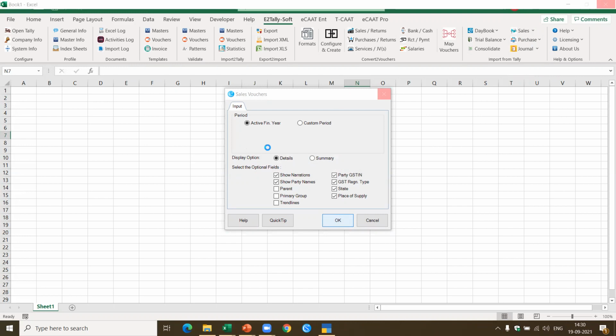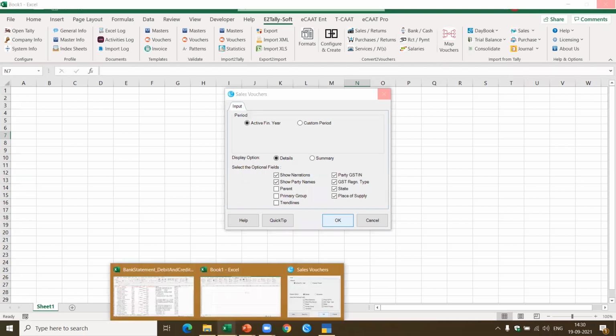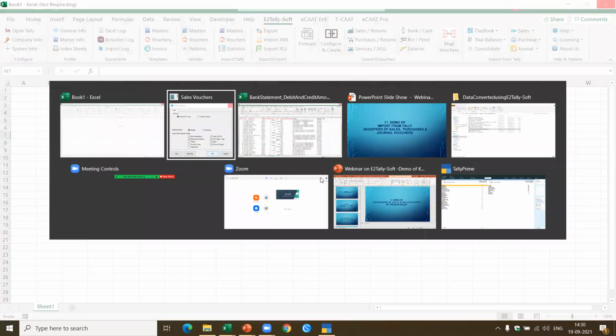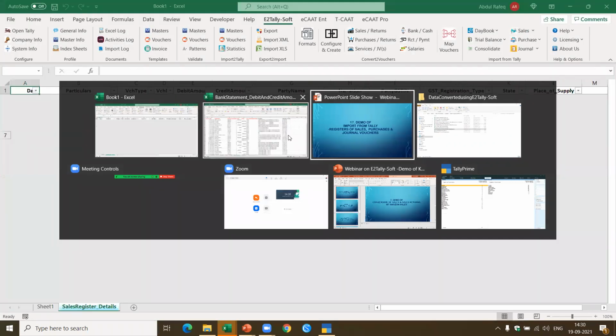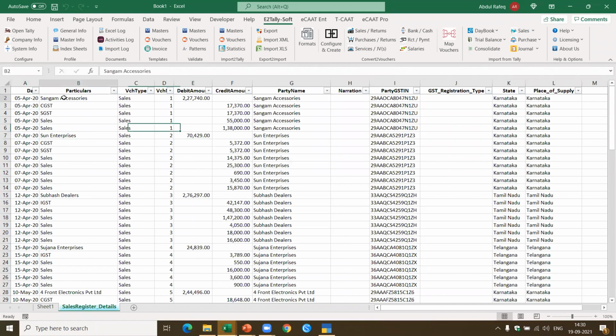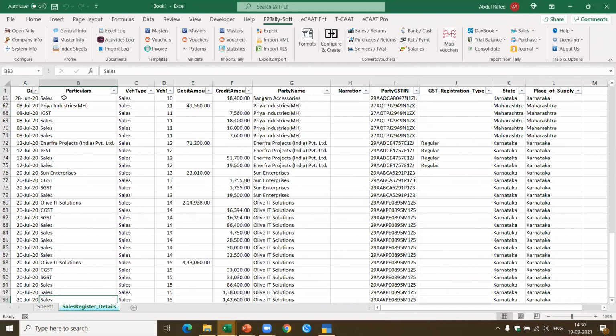Because we reopened Excel, it has to establish a connection with Tally. Similarly, I can also import the purchases. Now, if you look at the sales, now I have the sales. I can also get the inventory. I can also get it based on the vouchers, or I can also get as per the extract. These are the different things which are possible when you come to the sales transactions. Yes, it looks like we got the result. Now, if you see here, this gives me the complete list of all the sales vouchers.